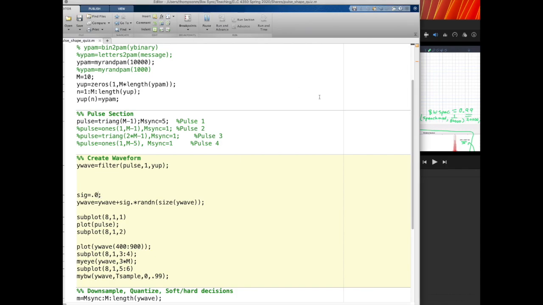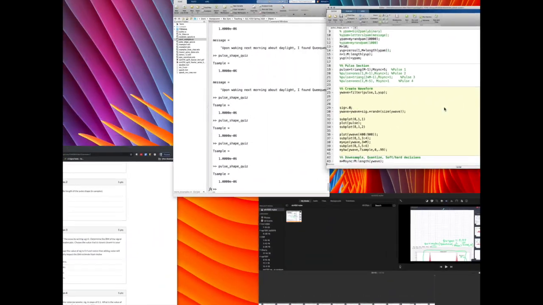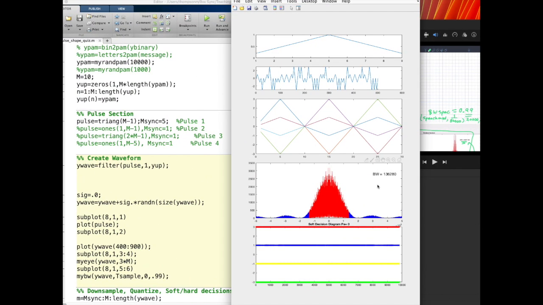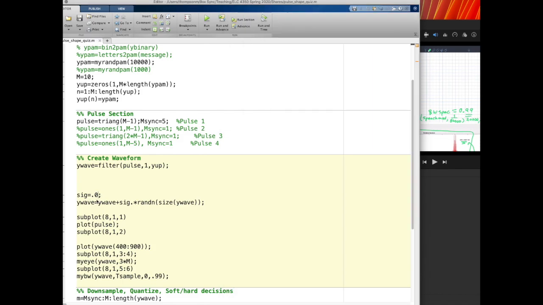Rerun this, and we get the bandwidth estimate. Okay, so everything's looking good on this one. The symbols are correct. We have 0 errors. And we have the bandwidth. So next, what I want you to do is start bumping up the noise power